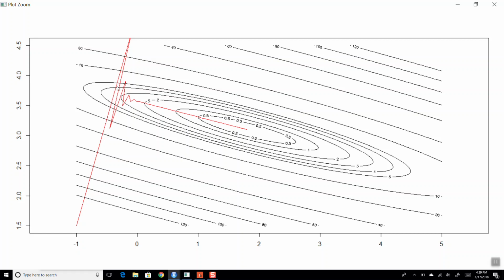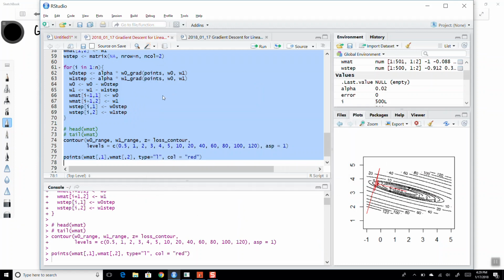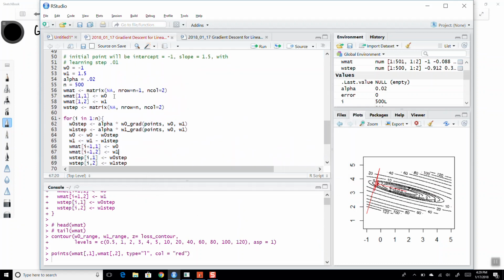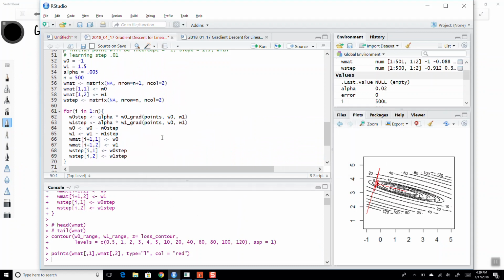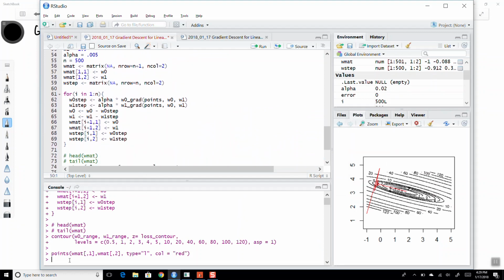It overshot where it was supposed to go, and so it ended up over there. It takes a step perpendicular, and it overshoots again. It overshoots where it ended up, but it does work, and it still works out. But that could happen, and again, it's hard to know what value of alpha you should choose. If I do take an even smaller alpha,